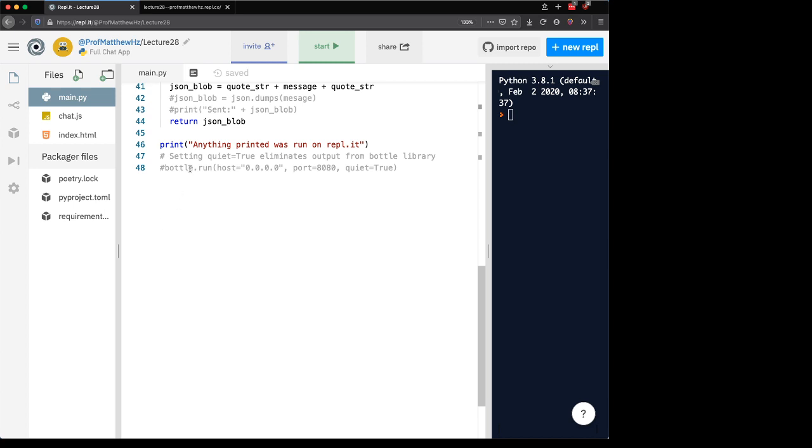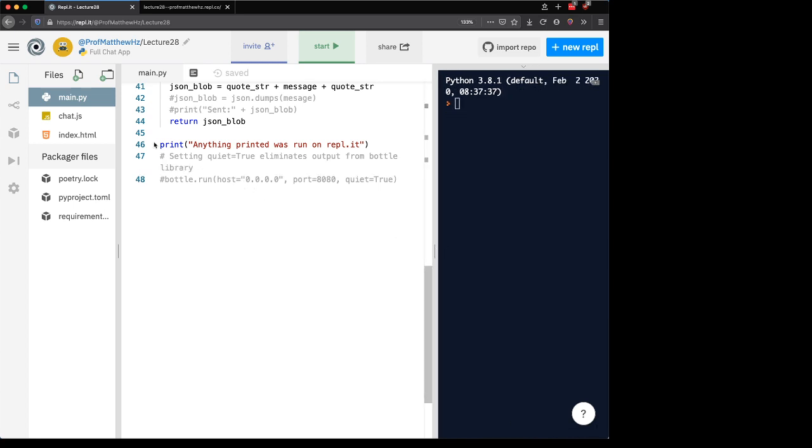So to try to make clear what's happening when, I'm going to be using prints and console logs. And so you can actually see on the screen what things happen. So when the program starts, when the server starts, what I want to do is just print out a message that says anything printed was run on Replit. So we know anything that occurs in